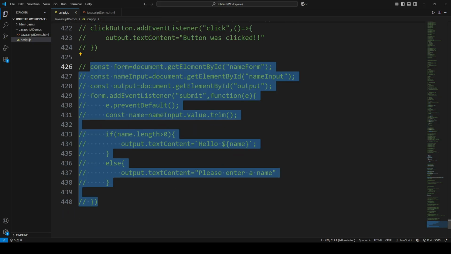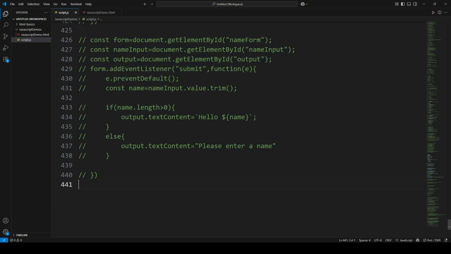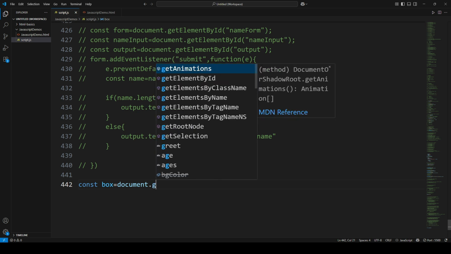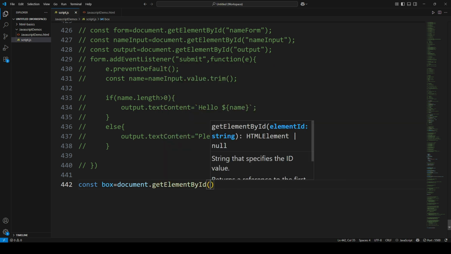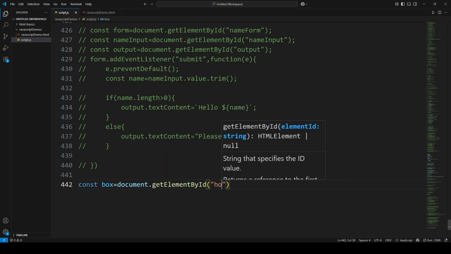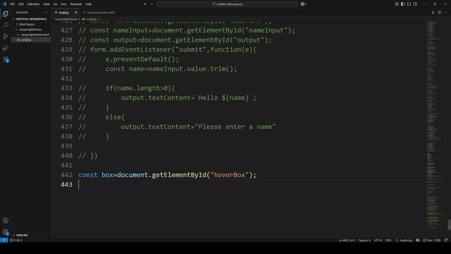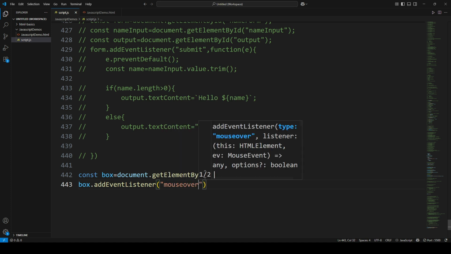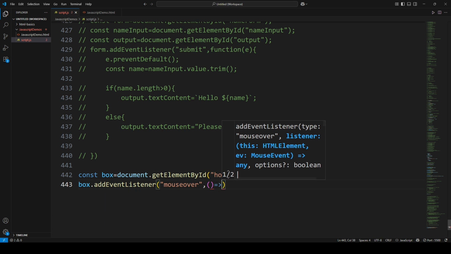Now we'll learn about mouseover and mouseout events. The use case is to highlight an element when the user hovers. So we have this box, so we'll just say const box equals document.getElementById, and the id is hoverBox. Now for this box I will add an event listener, and the listener name is mouseover, comma, arrow function,